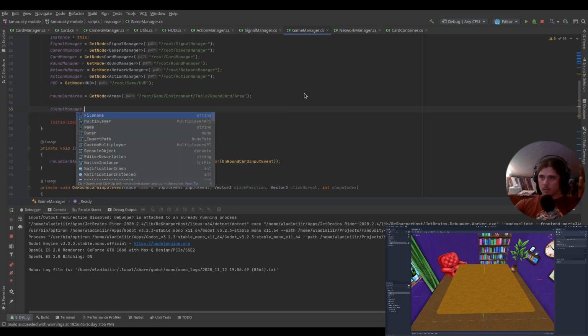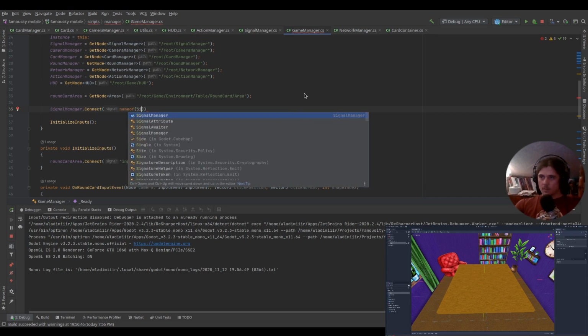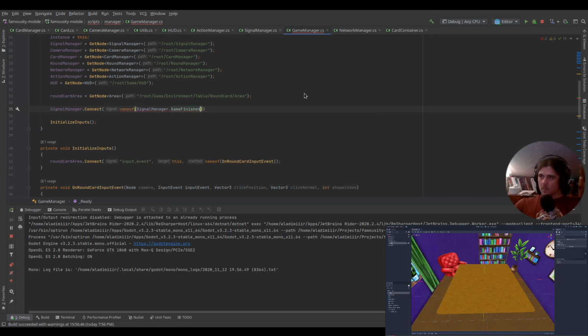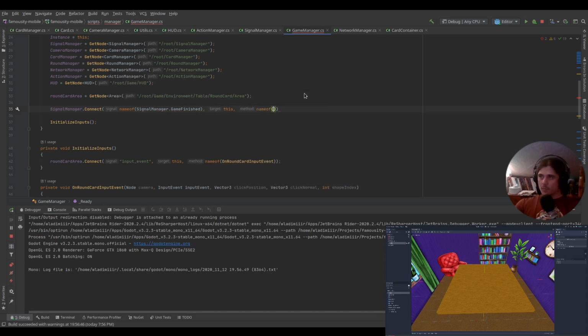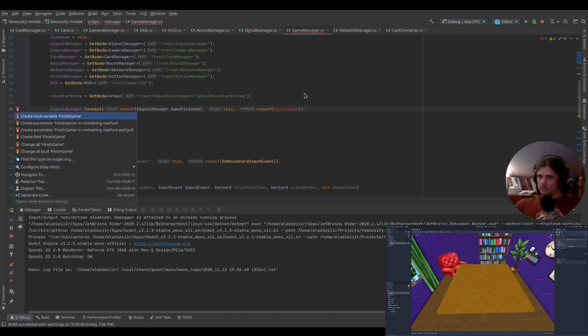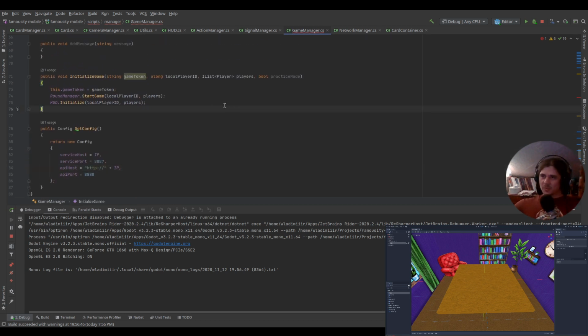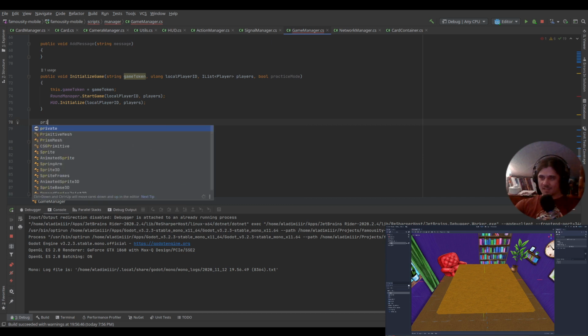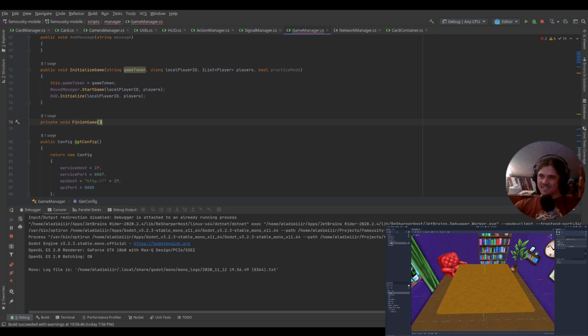So signal manager, connect to name of signal manager, game finished, and we will use this as object target object, and name of. I always try to auto-generate it, but it's never there. For some reason I think it will be there. Okay, so for this one we need to